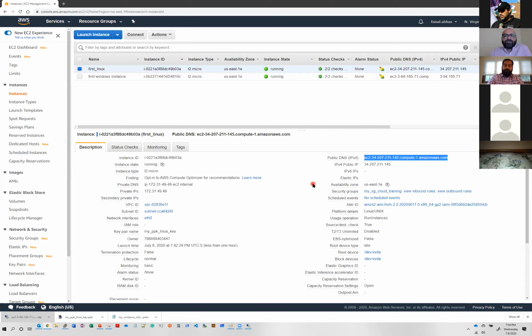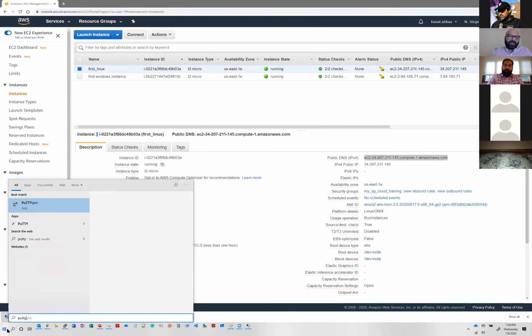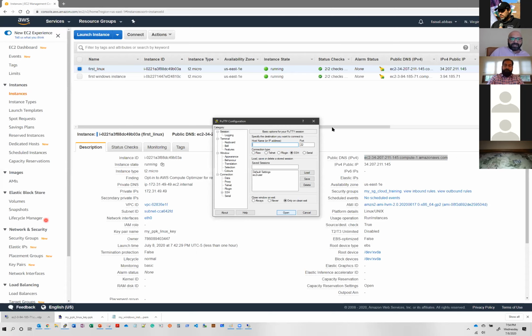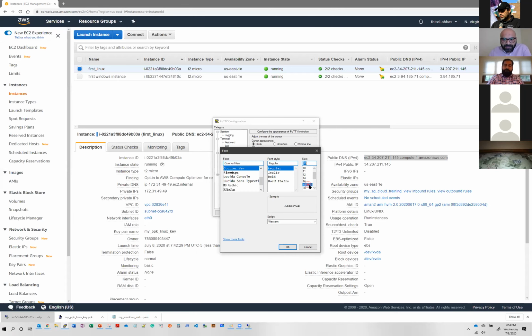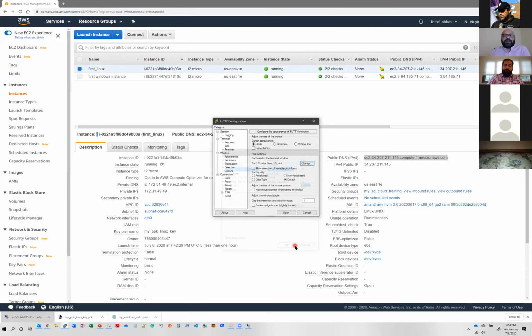Now, how do I access Linux? If you remember, this is not for the Mac guys. Mac guys, launch the terminal. Windows guys, you have a tool called PuTTY, P-U-T-T-Y. It should be installed on your machine by now. Once you launch PuTTY here, let me just increase the appearance for you guys so that you can see a bigger response. All right. So in PuTTY,